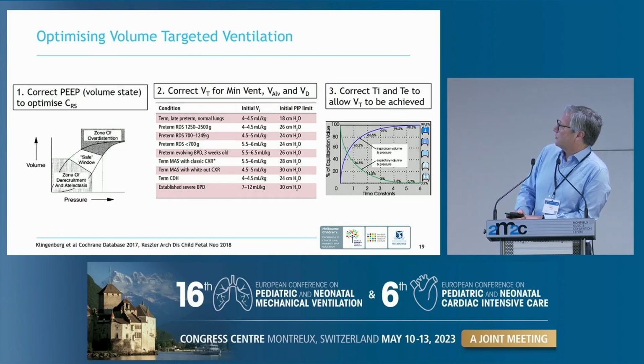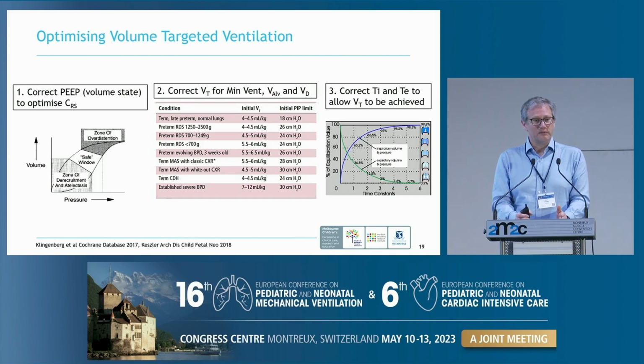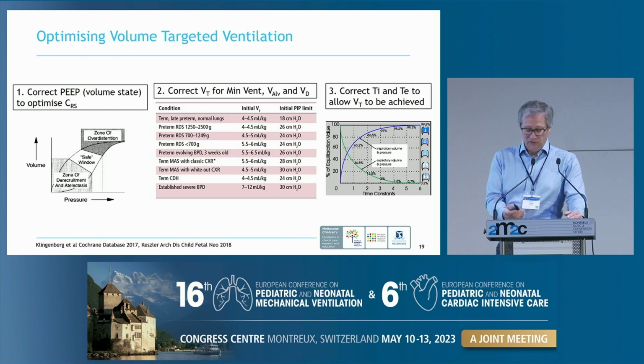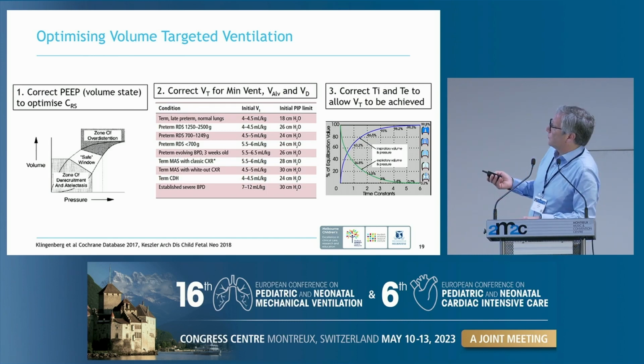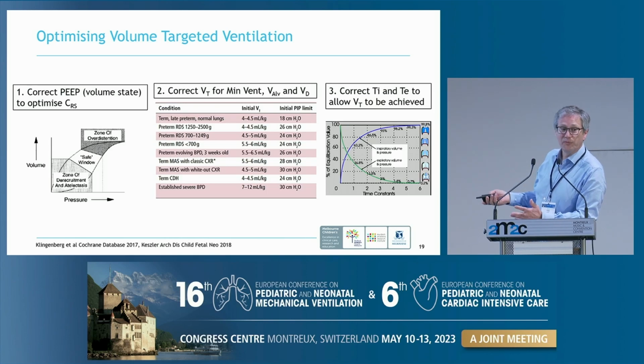And as Ines showed, the tidal volume we deliver is related to our lung volume and our PEEP. So setting 4 mL per kilo and thinking that's going to be lung protective will only be lung protective if you have a lung which is aerated. If it's an atelectatic lung, it's still not lung protective. So the first part of setting good volume targeted ventilation is to ensure that you have the correct PEEP that optimises lung compliance.